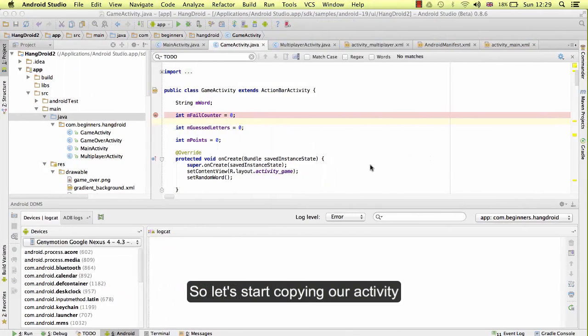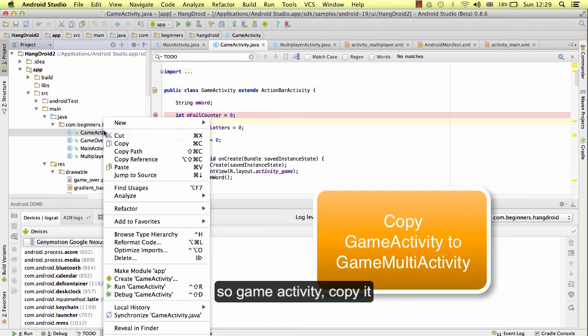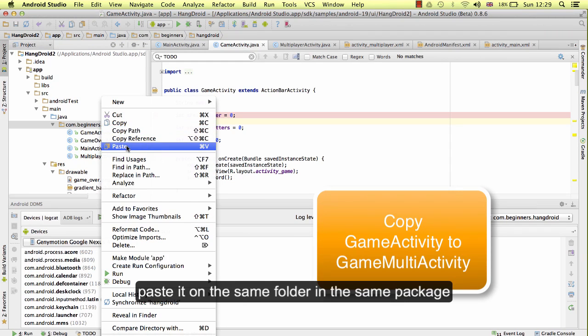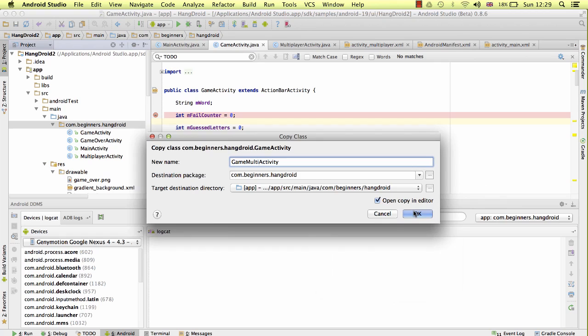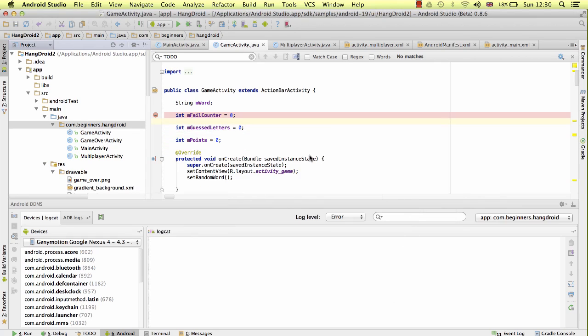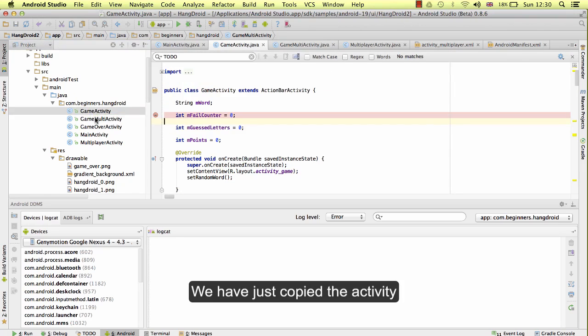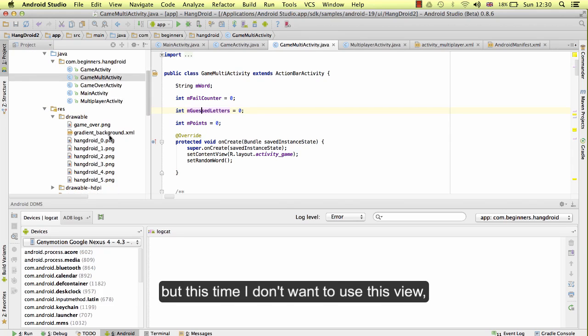So let's start copying our activity. Game activity, just copy it, paste it in the same folder and the same package. The name is going to be game multi activity. Okay. We have just copied the activity, and this activity is using the view from the activity game, but this time